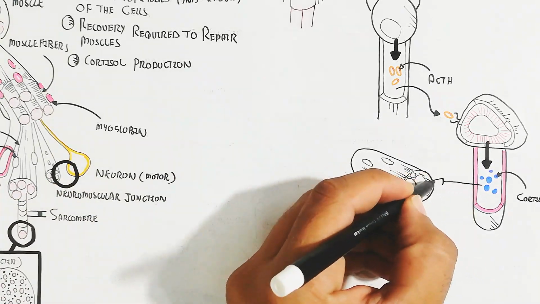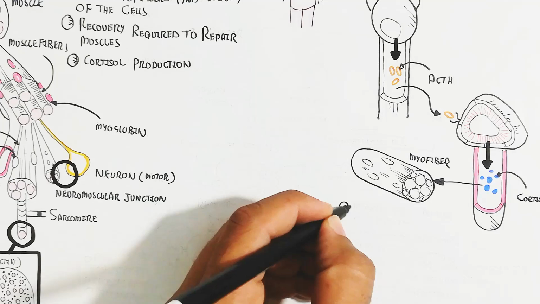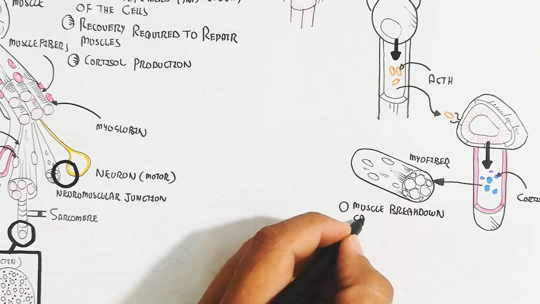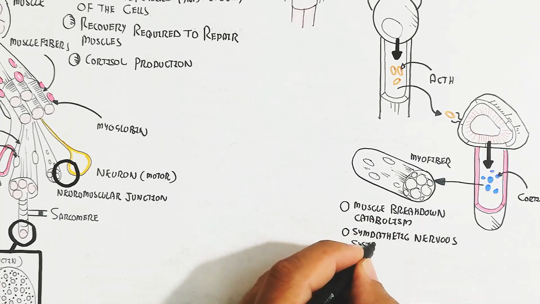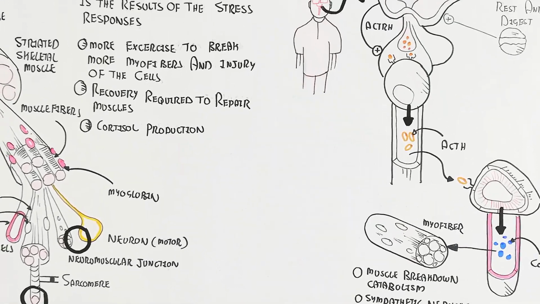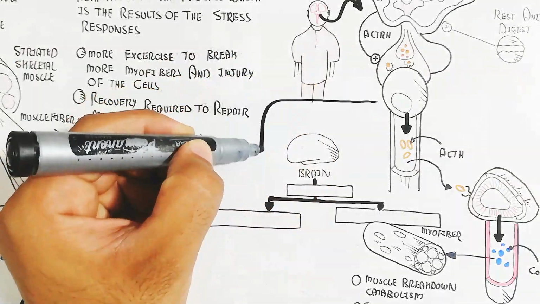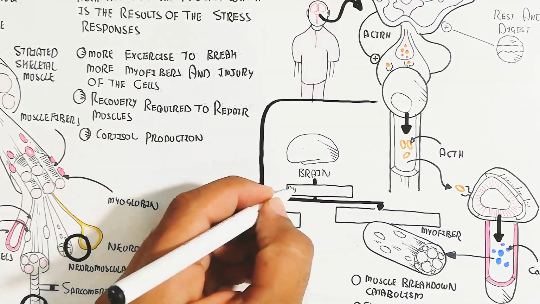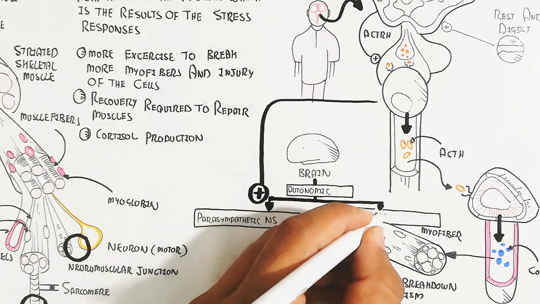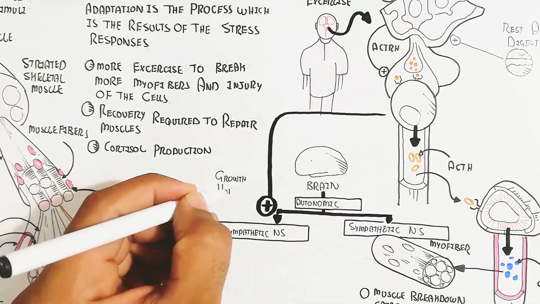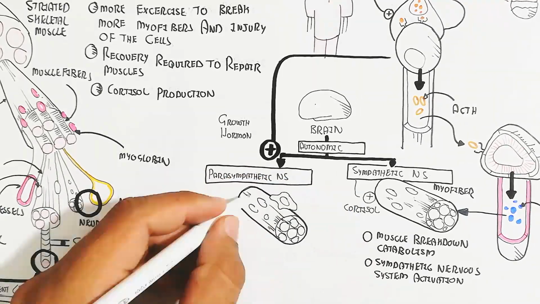The cortisol will stimulate the myofiber, muscle breakdown, and catabolism will occur, and in this way it will stimulate sympathetic nervous system activation. Sympathetic nervous system activation means the fight and flight response. The brain's involuntary autonomic nervous system is divided into the parasympathetic nervous system and the sympathetic nervous system. The parasympathetic nervous system is the response of the growth hormone due to the rest and digest activity during the recovery